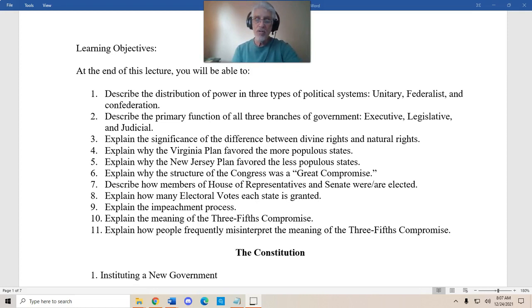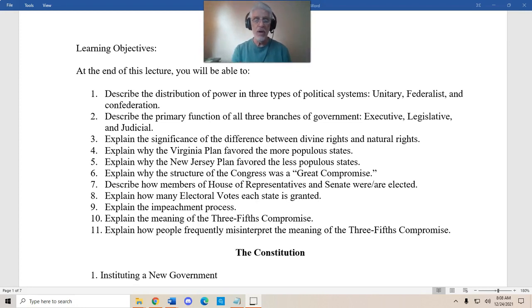You'll also be able to describe how members of the House of Representatives and Senate were elected when the Constitution was originally adopted. And you'll also be able to explain when the way in which people are elected has changed over time. You'll be able to explain how many electoral votes each state gets and how the Electoral College works